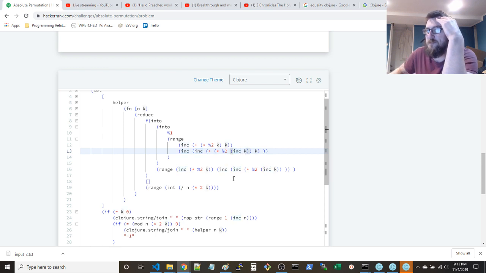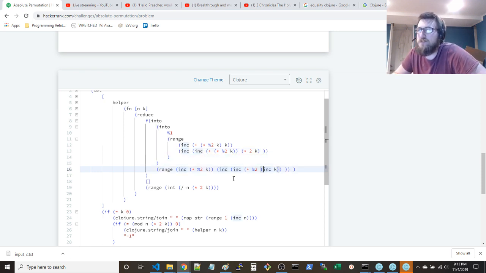Yeah, that's the problem. No. You're not incrementing this k. It's the same thing, except with another k at the end here. That's why I just did the math wrong. Same thing over here. Instead of increment k, you have